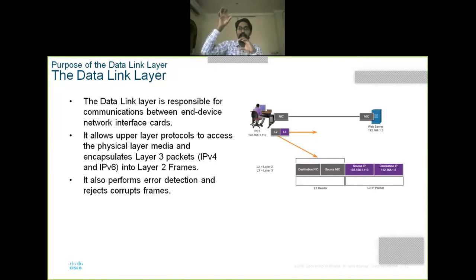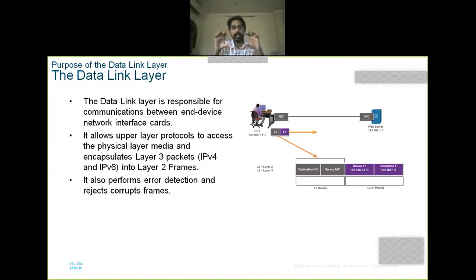In order to make a communication path between the topmost layers and the physical layer, which is the actual physical layer we can see, the data link layer acts there at layer 2.